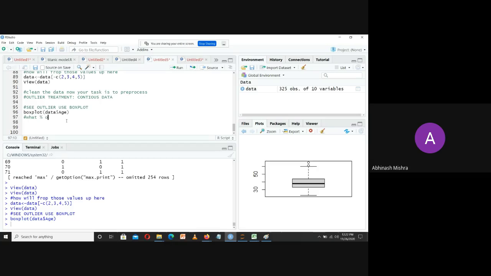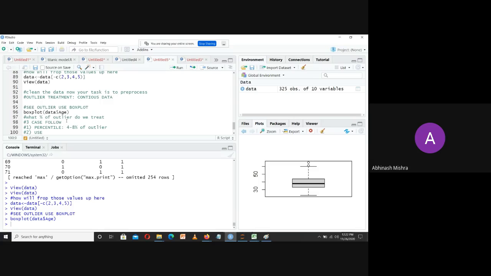What percentage of outliers do we treat? Now, there are three cases which you can follow. The first case is the percentile. Somebody says you can cut off 4 to 8% of outliers. I have not followed this particular rule. The second one says